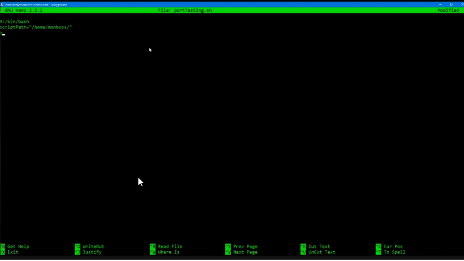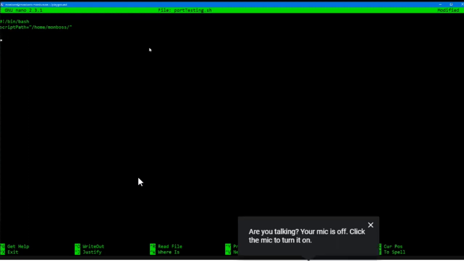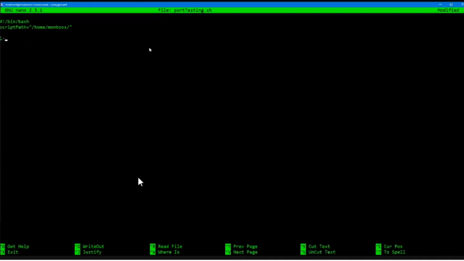The next thing is how you actually call a variable. I've created a variable that has the value /home/mon, which is the path that I have. Let's say I have to use this variable in some command. I want to pass the value that has been defined by the variable in a command. Let's say I just want to do a simple ls -lh, which, if you remember from your last call with Rohit, lists all the files in a human readable format. So if I want to see what's there in my script path, I can